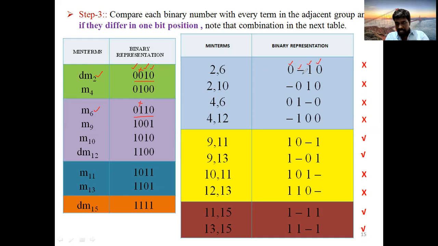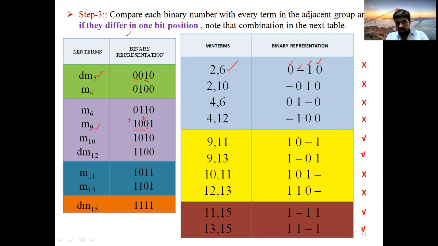Okay, this dash indicates the bit position where you are having a change. Like that you note down 2, 6. Next, go with 2, 9. Okay, 2, 9 in the sense, see, this is 9. First bit here 0 is there, here 1 is there. So the first bit is not valid, it is changing. Second bit 0, here second bit 0, okay, same. Here third bit 1, here third bit 0. So the third bit is also changing. So here 2 bits are changing.